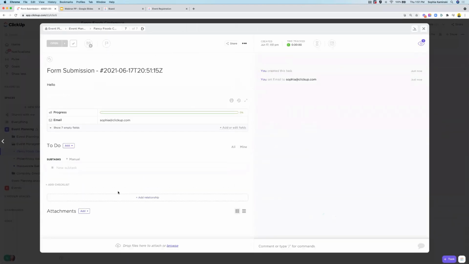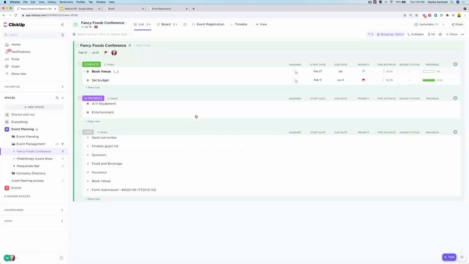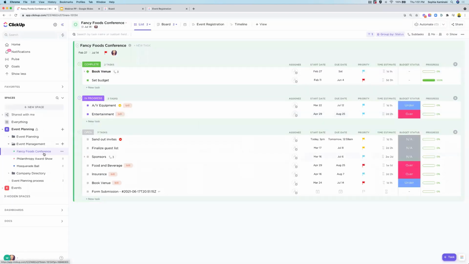So now getting back to the field automation that you asked about, ClickUp will allow me, when I'm setting up automation with email and ClickUp, to automatically detect field values when I'm sending out an email based on a certain trigger. So let's say we're going to set up some automation for the foods conference list to do something when someone submits a new form. So I can go into automation,